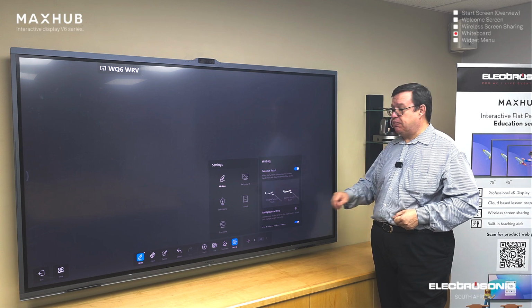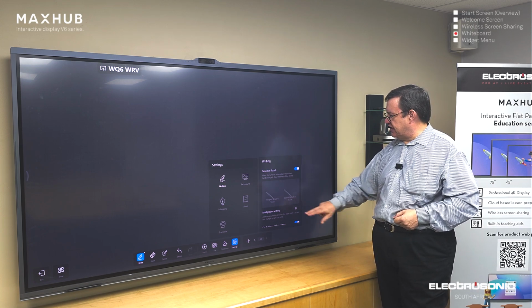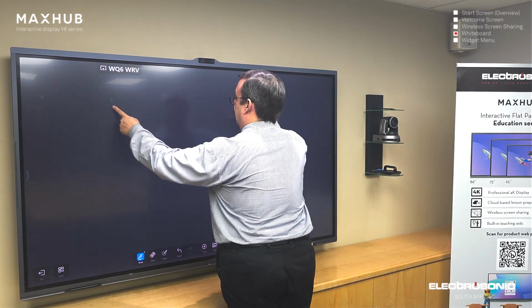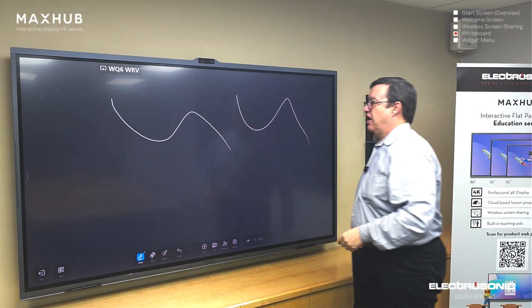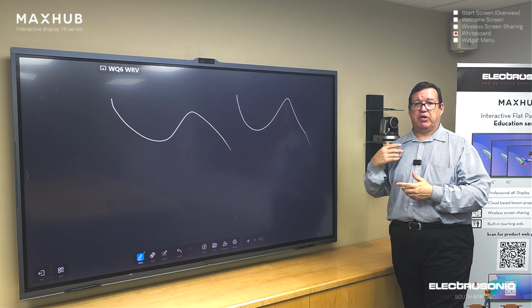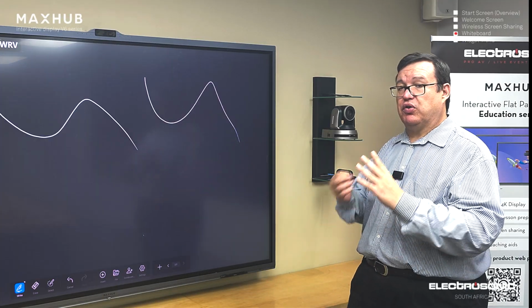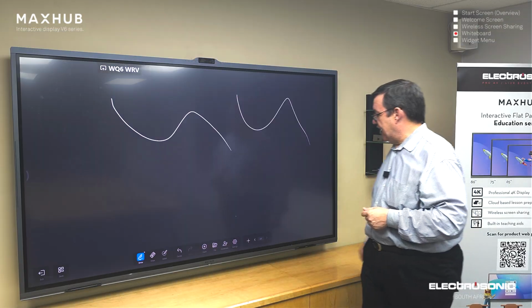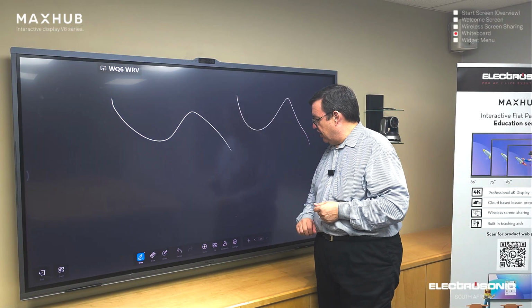You also have multiplayer writing, and what multiplayer writing allows you to do is to have more than one person annotate on the panel at a given time. And this is great for collaboration and brainstorming sessions where you have two people communicating together on the board. So that is quite a handy setting, and as you see, I'll just go to a fresh page